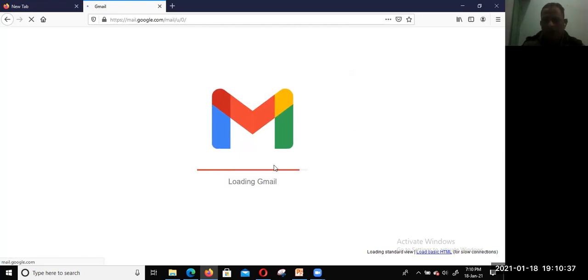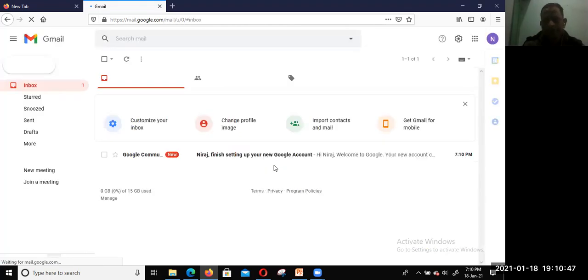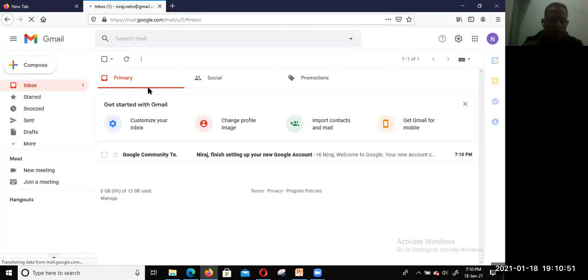It is better to write down your email address and password. Just remember your password and never share your password. As you can see, this is the first screen when you first create the account.